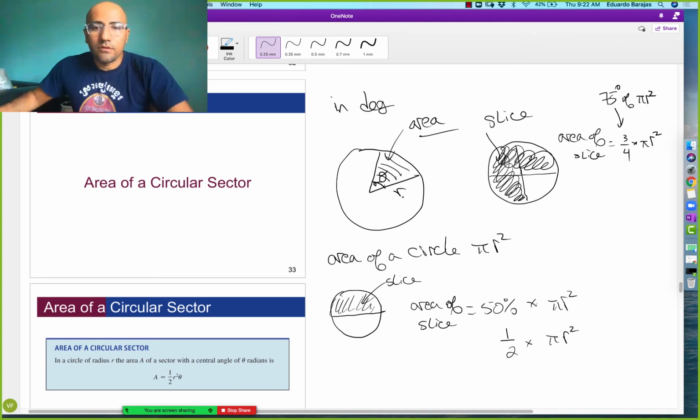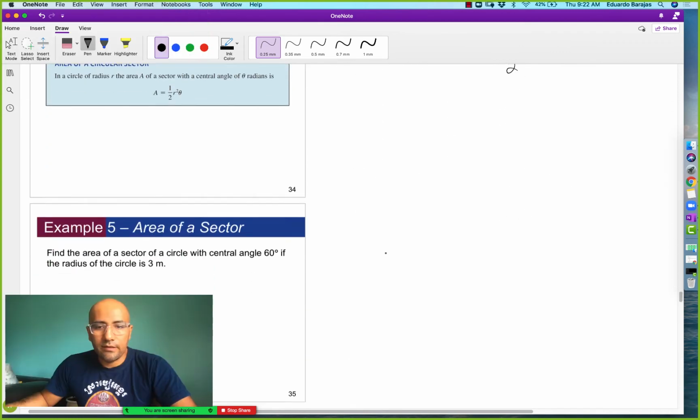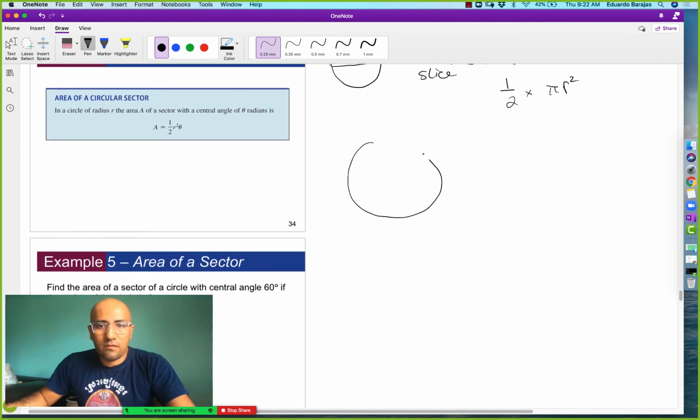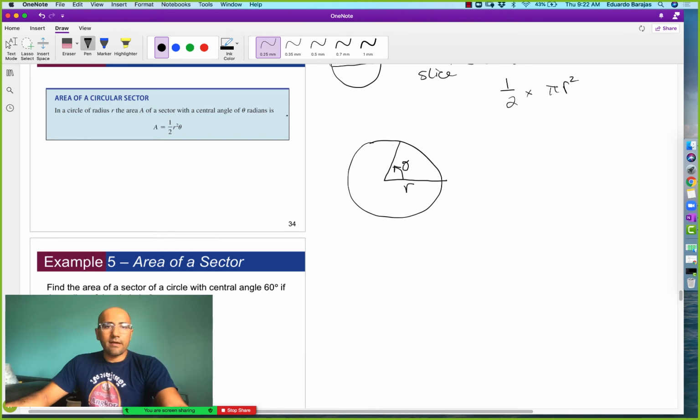Good? Okay, so hopefully then it's intuitive that if we have this in general, let me redraw it over here again. So then if we have the entire thing in general, and we want to know what is the area of this slice, that's an ugly slice. We have some angle theta, and then we have some value r, and we want to find the area of this slice, we call a sector, capital A, equals area of sector, slice, area of the sector, so A is going to be equal to